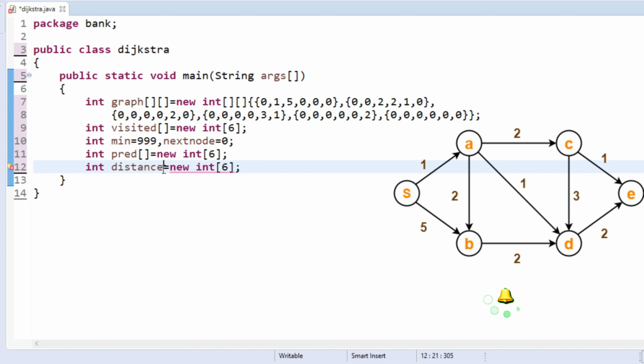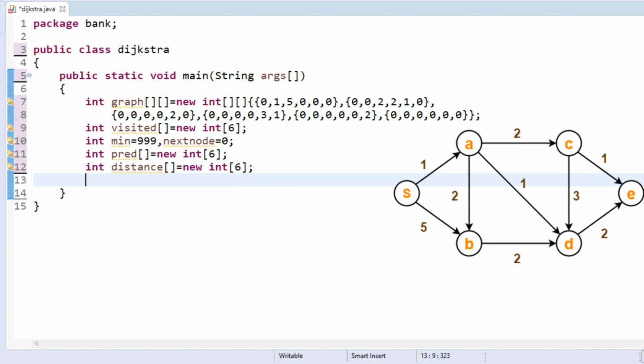Here an array has to be created. After that I am going to print. What are we going to print? System.out.println. The Dijkstra algorithm is usually used to find the minimum distance from the source vertex to the destination vertex.